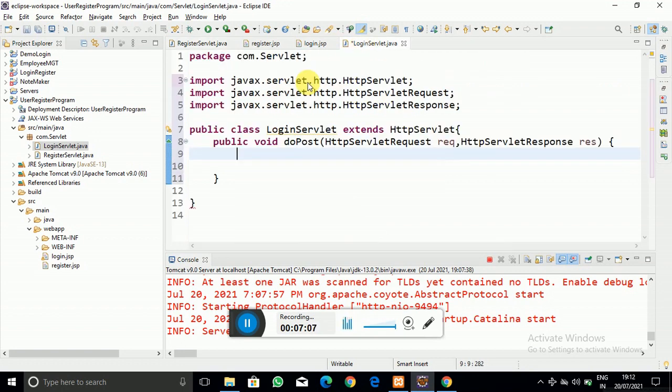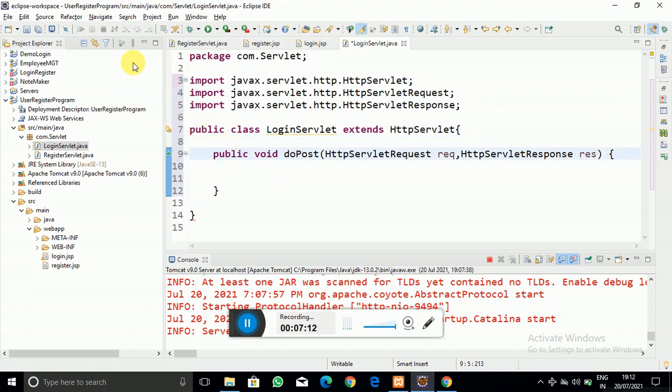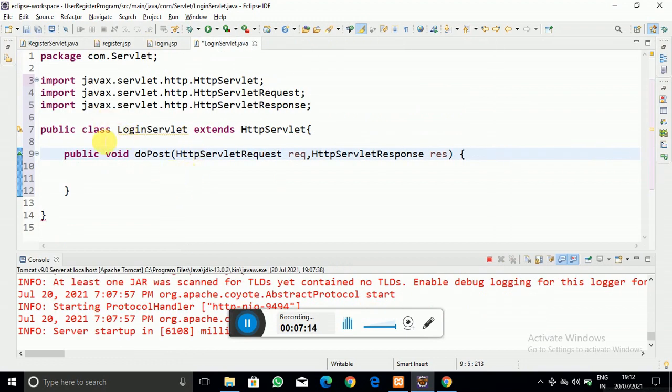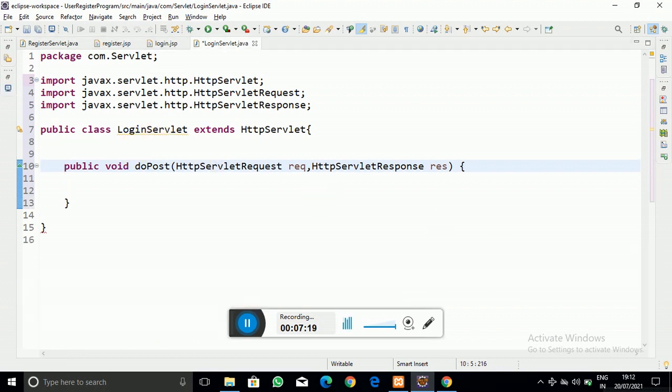So let us create that. Before this method, let us add String email, password, and we have to accept these from our login page, that is the login.jsp page.